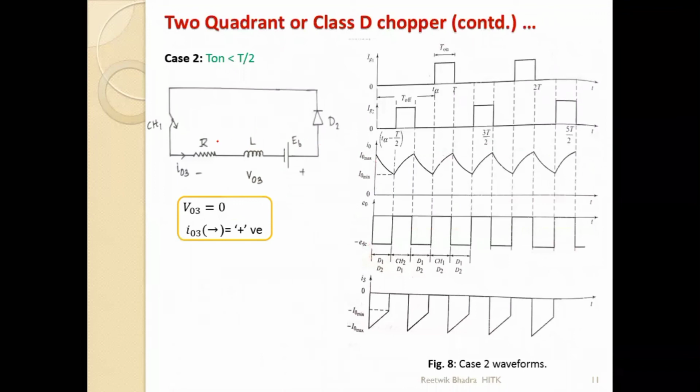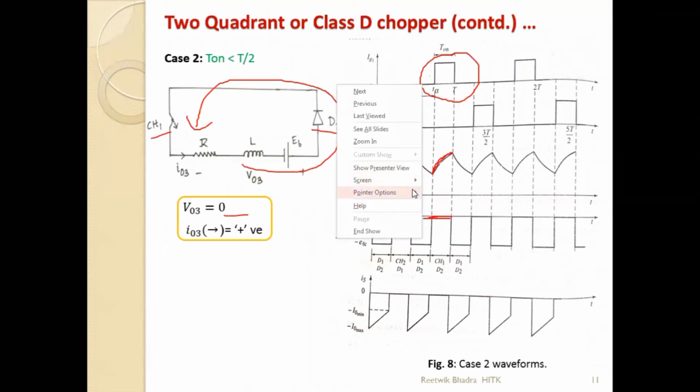Another point of charging may be in this case also, when CH1 is on. So when CH1 is on, what will happen? This EB will drive my current through this D2, and the upper part of the circuit is active. So again it is charging current. Current is entering in this direction only. So during this region it is charging. What will be V03? It is nothing but VCH1 plus VD2 is equal to 0. So during this period it is 0 over here.